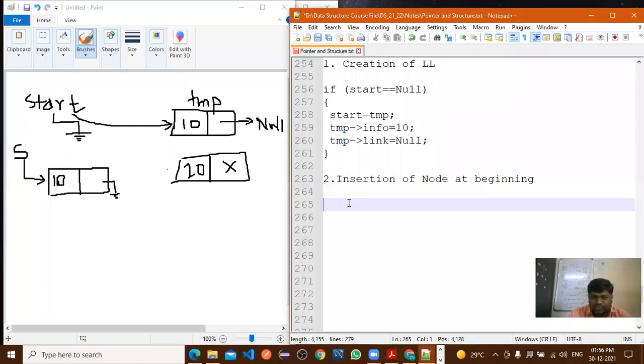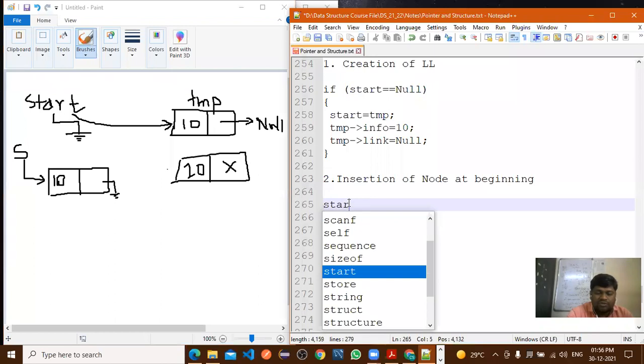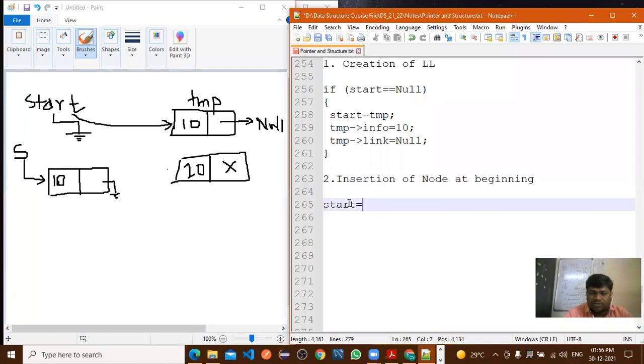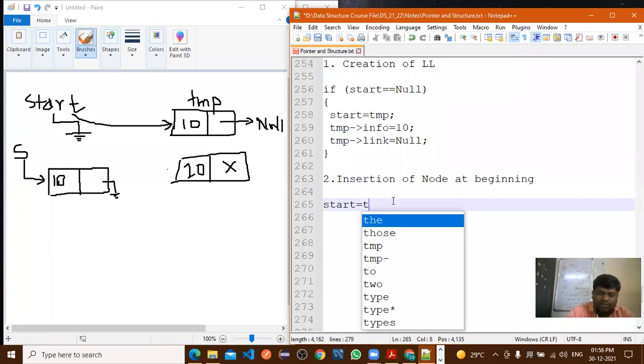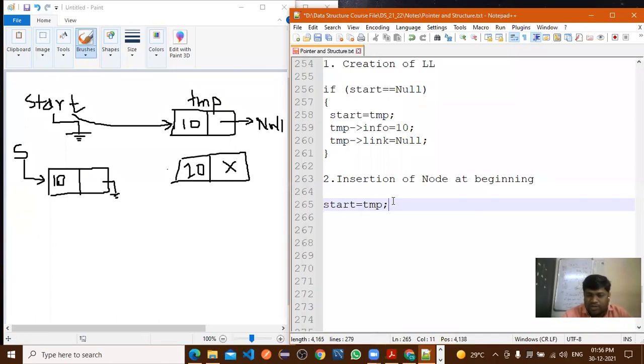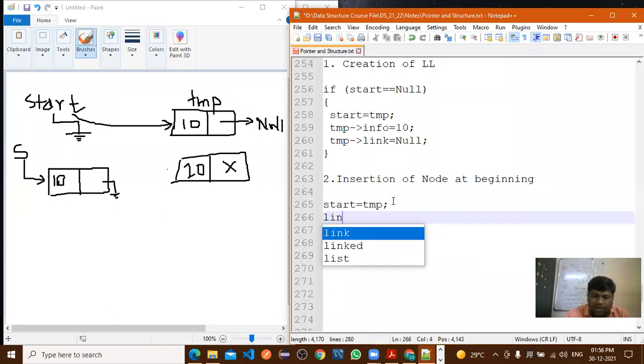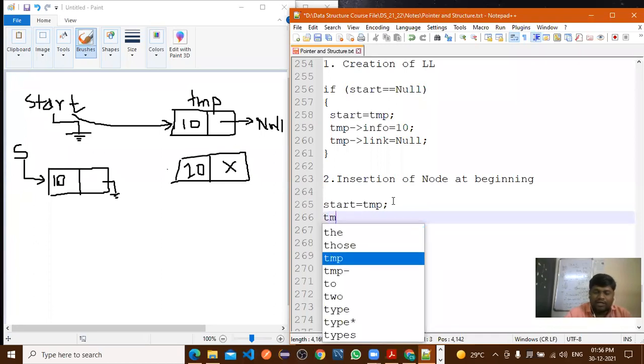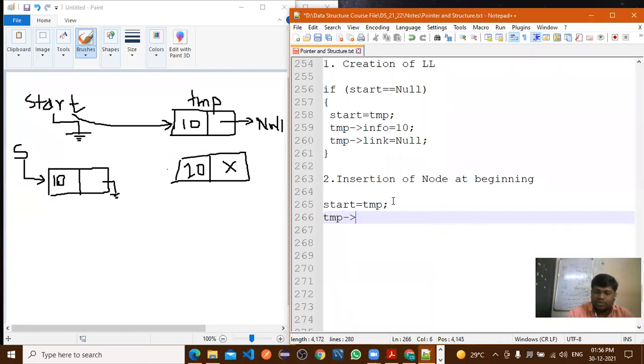The address of 20 is given to start. Now start is equal to what will we write? This is also called temp. So what you will do? Start is equal to temp, right? And after that, temp of link is equal to what you need to give here?